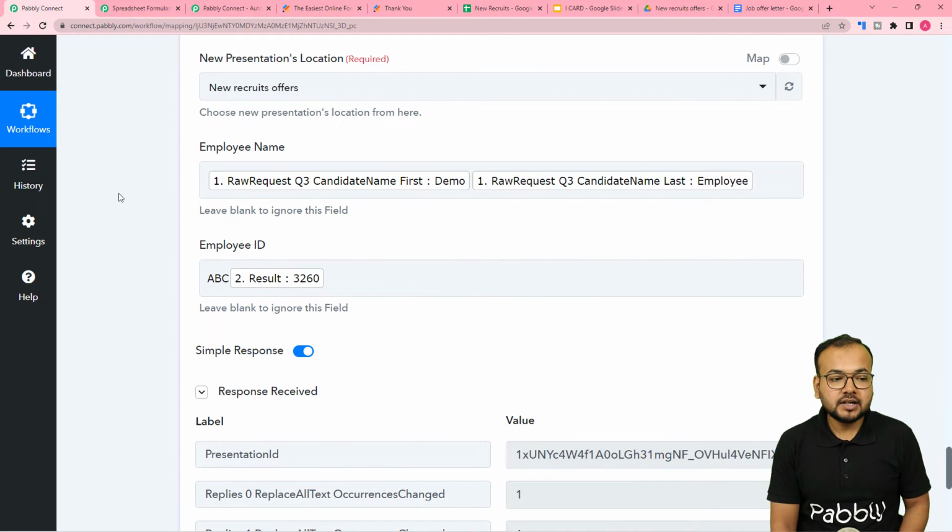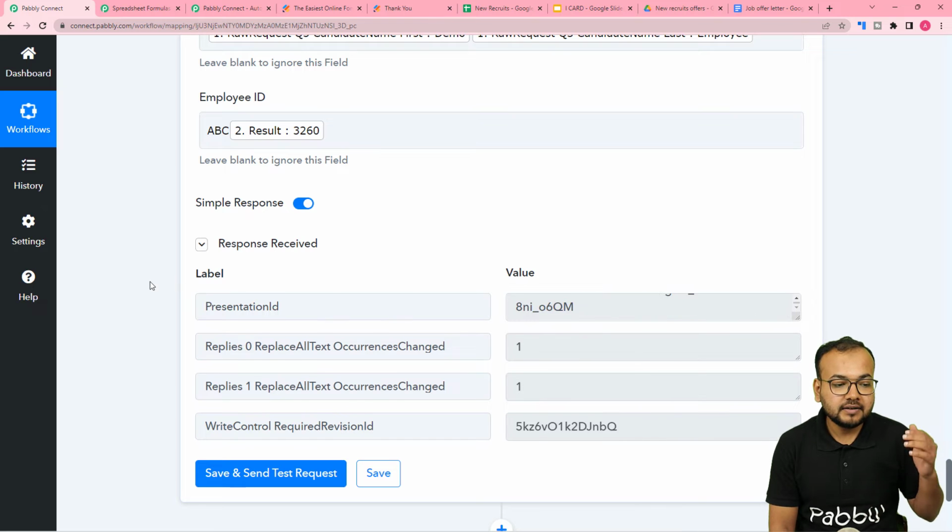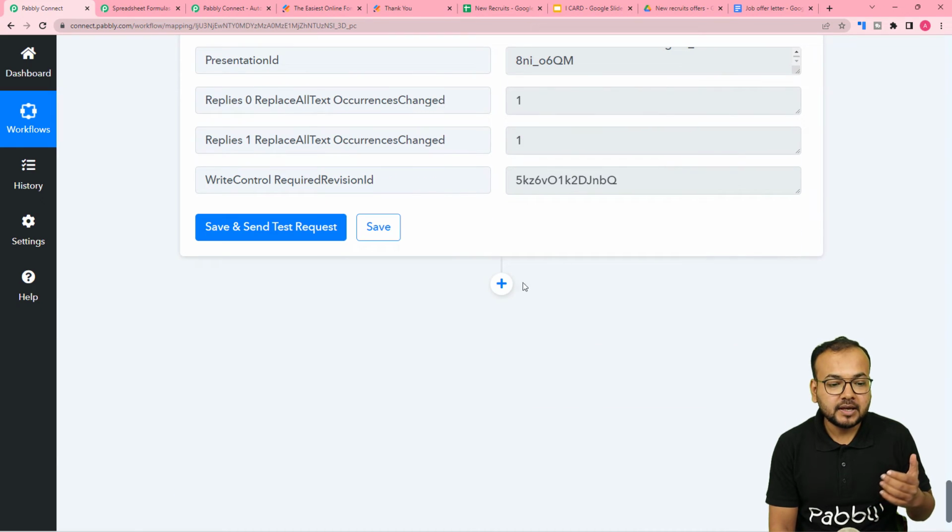But guys, here you can see it just asked for the employee name and the employee ID, but we haven't attached the photo yet inside this ID card that we have received from the form. Now to place the photo also in the same presentation that just got created, we are going to use another action step. Okay,